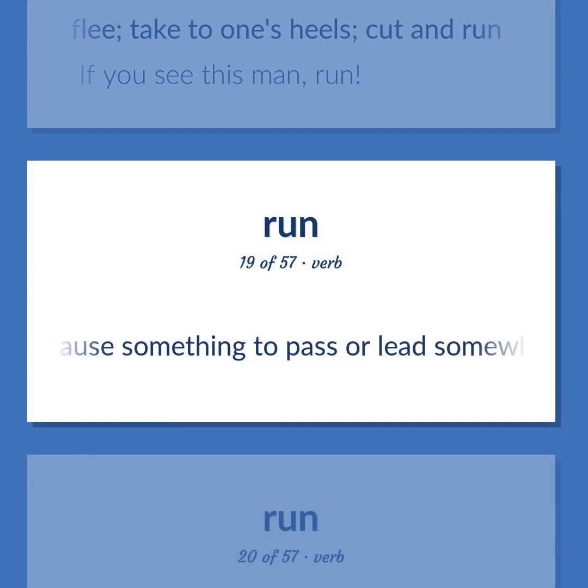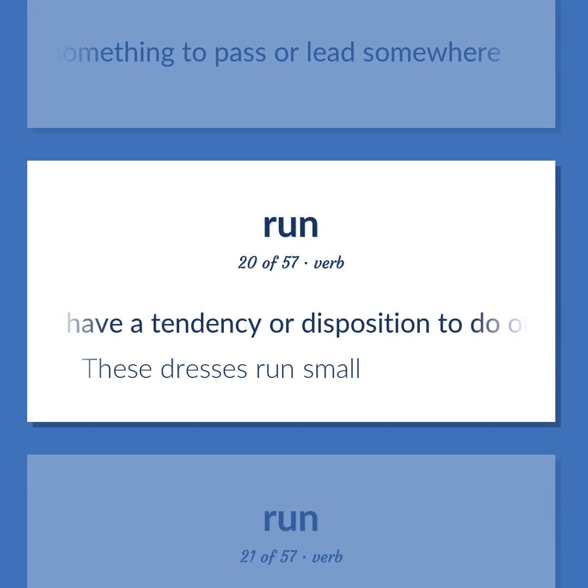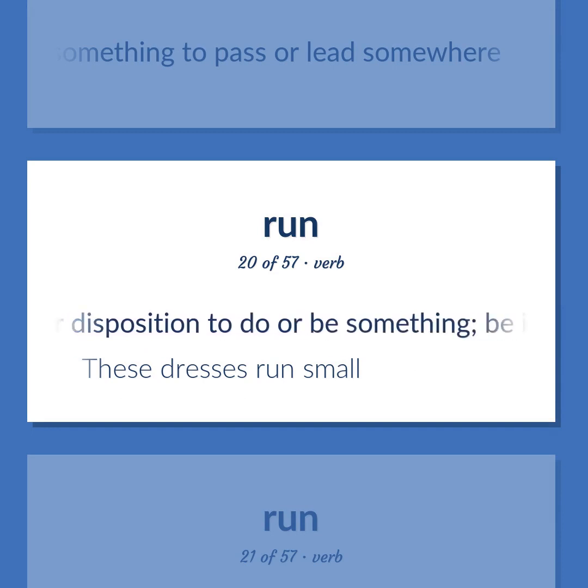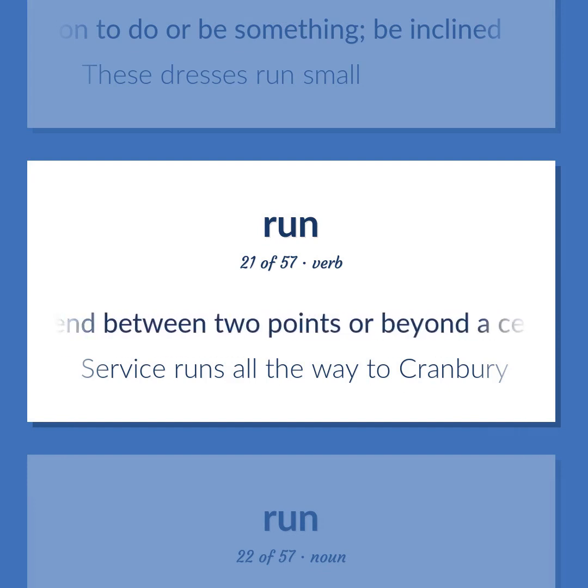Cause something to pass or lead somewhere. Have a tendency or disposition to do or be something, be inclined. These dresses run small. Stretch out over a distance, space, time, or scope. Run or extend between 2 points or beyond a certain point.